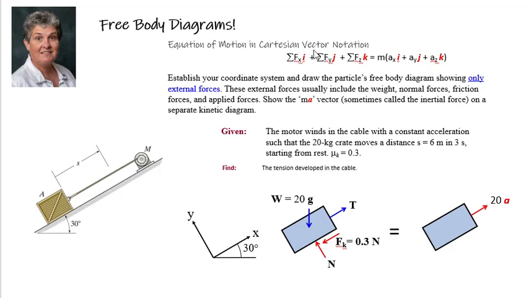So the equation of motion in our Cartesian vector notation is going to be the sum of the forces in the I direction, sum of the forces in the Y direction, sum of the forces in the K direction. But remember, mass is related back to that ratio. So it's a scalar function. So it's going to look at the acceleration in the X direction, acceleration in the Y direction, acceleration in the Z direction. When you're doing your free body diagrams, you want to establish your coordinate system and draw the particle's free body diagram showing only the external forces, because we're hoping that all those internal forces are being dealt with